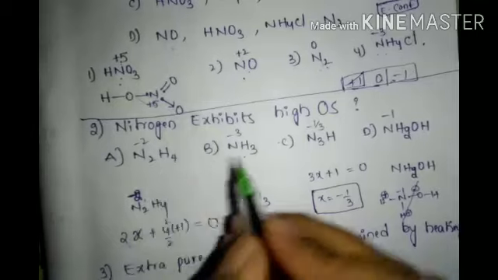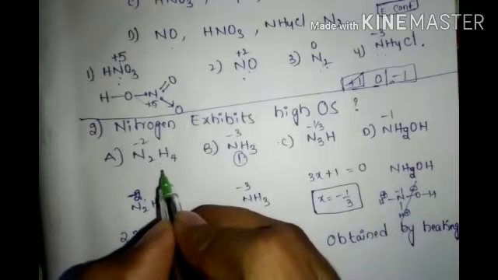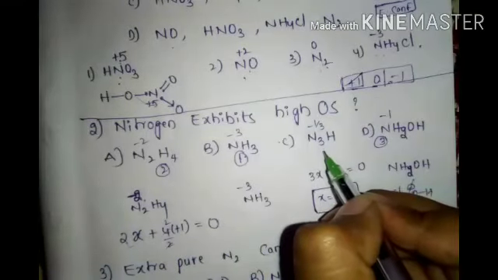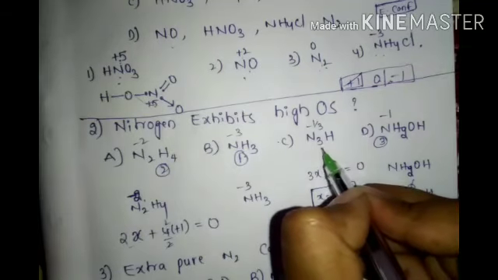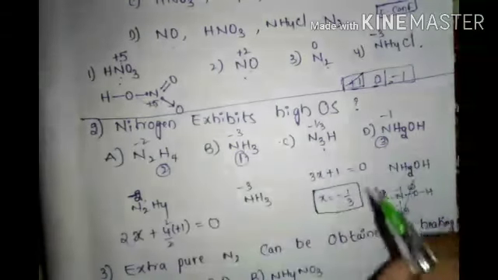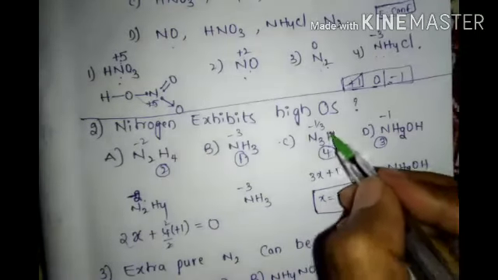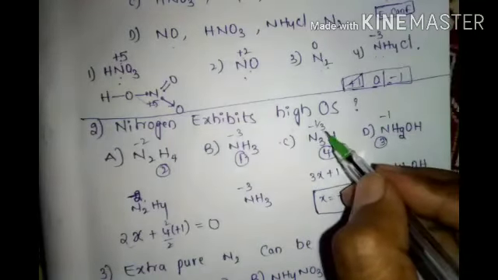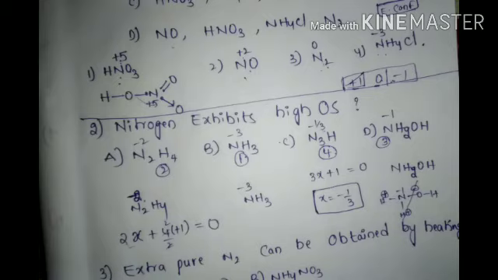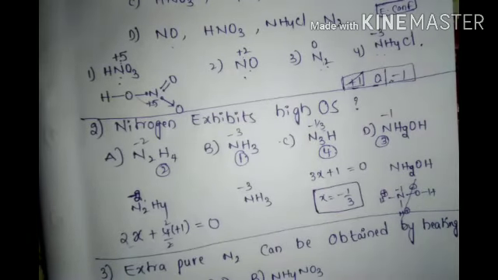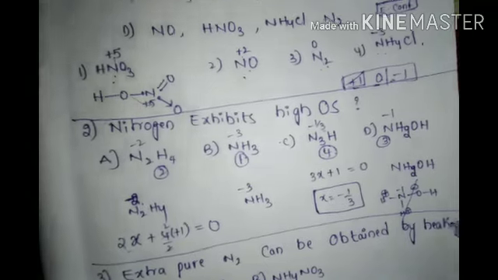Then after this, first place, least place, second least place, third least place, and very least. Means highest. 1, 2, 3. Got it? Now fourth is this. Near 0 is highest. This is 1 by 3. Minus 1 by 3 is answer. Highest oxidation state is N3H. Second answer also completed.